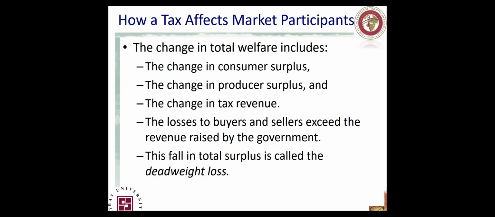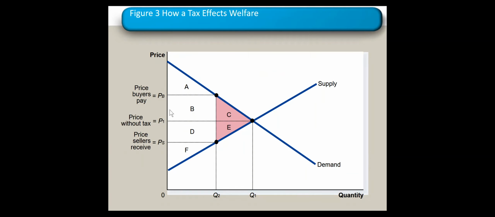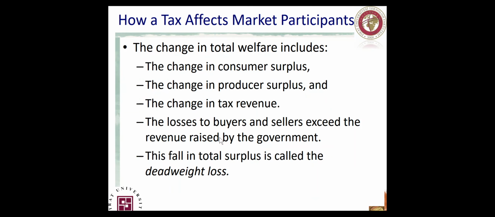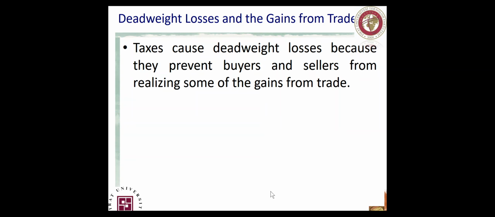Okay. So what happens? The problem is consumer surplus will be less, producer surplus will be less. The tax revenue is available, so we have some revenue. That means we have some income for the government, but this is not all. We still have some loss here, and this loss may change. It may be small or big depending on some factors. Okay, so it depends. How big the deadweight loss is has its own determinants, and we will speak about them in a few slides. All right, but in any case, there is a deadweight loss.